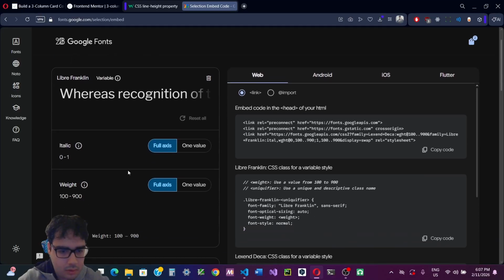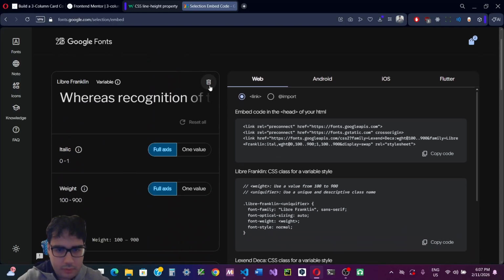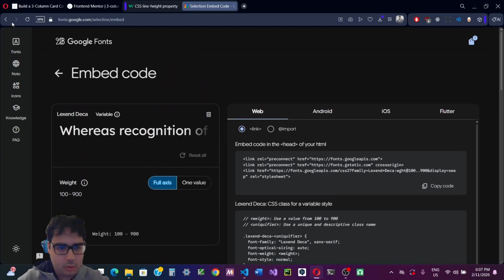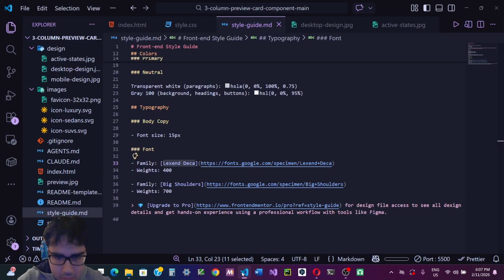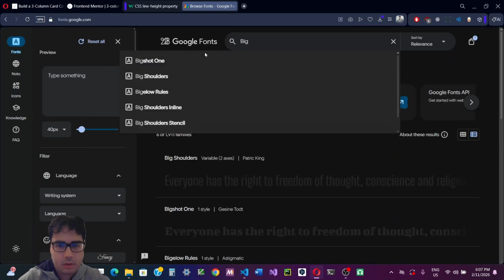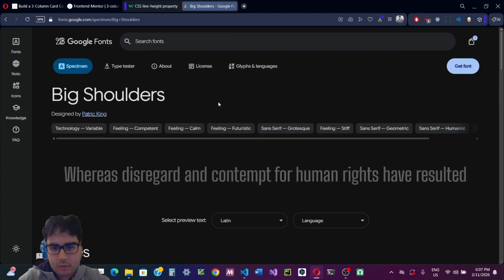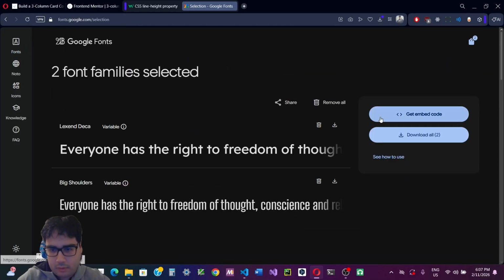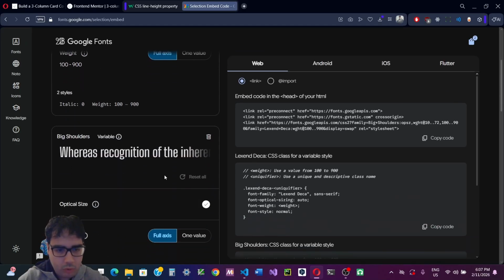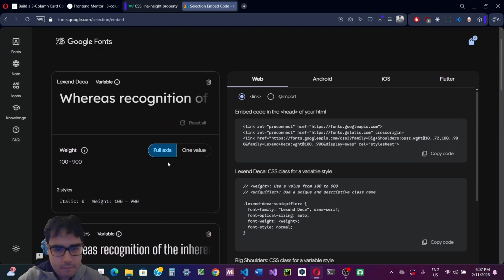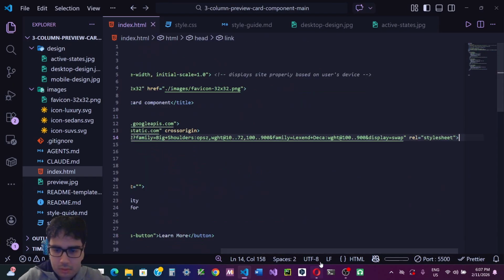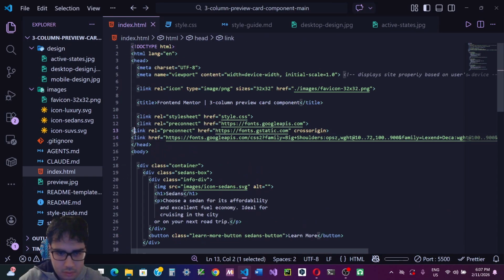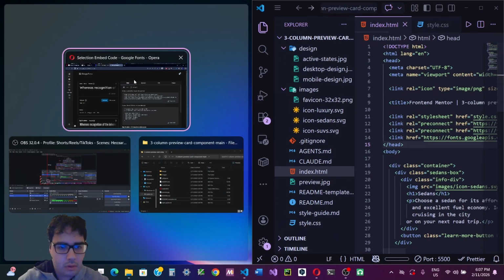Okay, so Lexend Deca. We're going to remove this. And we're going to go back. And we're going to do what? Big Shoulders. Big Shoulders. Okay, we're going to get the font. So we're going to get both. So we're going to copy this, paste it inside here, and then like this